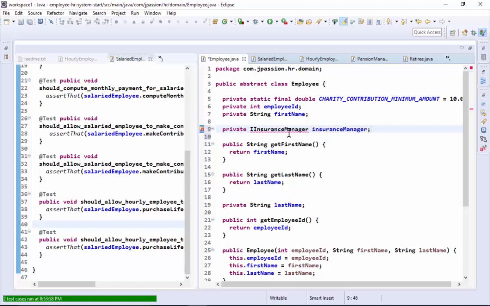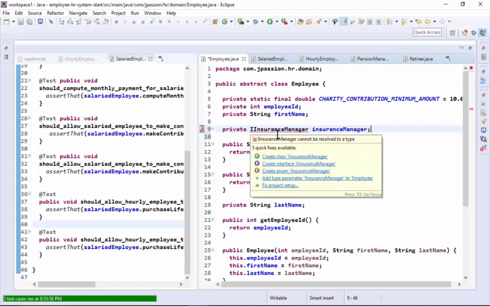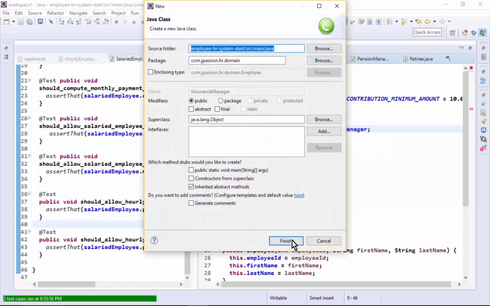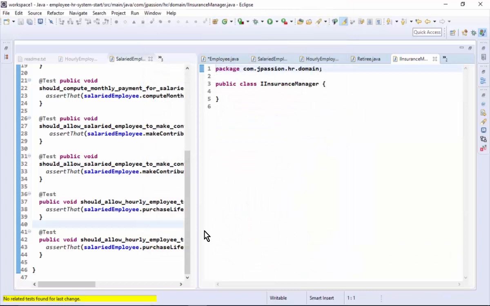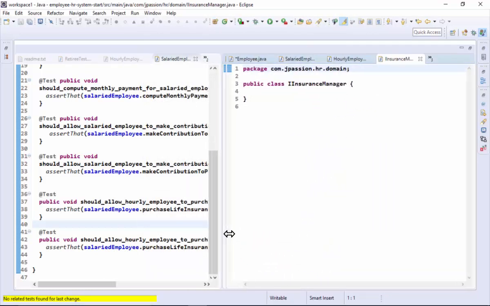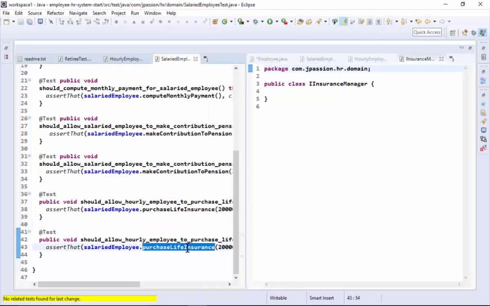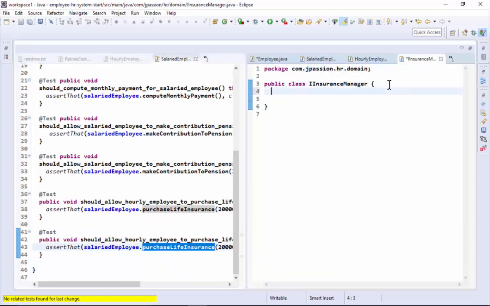The insurance manager contains the logic of purchase life insurance. So here we are going to have the purchase life insurance, public double